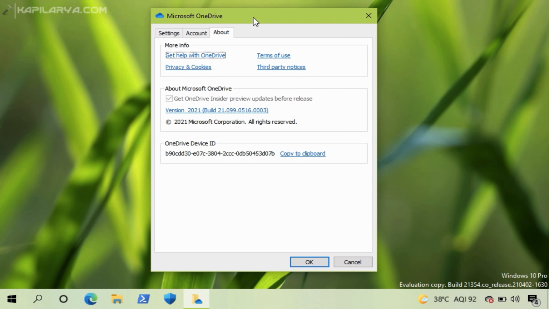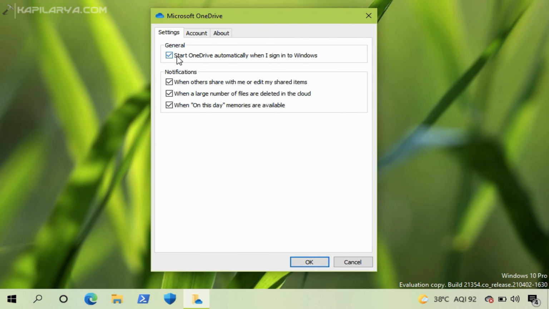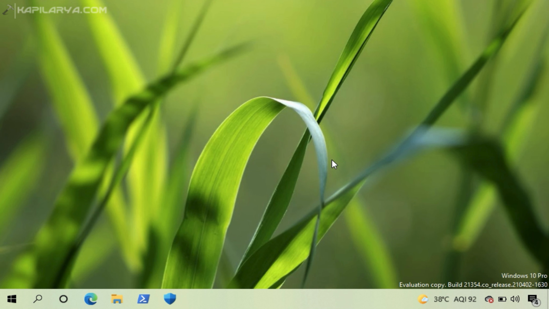In OneDrive settings, I will go to the Settings tab, and here you can see that there is an option to start OneDrive automatically when I sign in to Windows. You can uncheck this option to disable OneDrive from startup and click OK to save the settings. So this is another way.